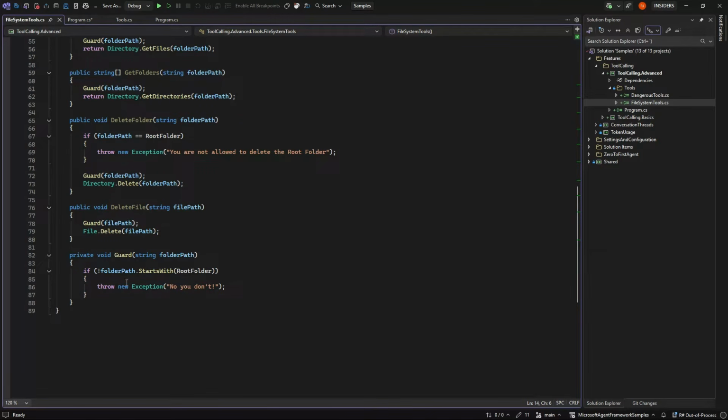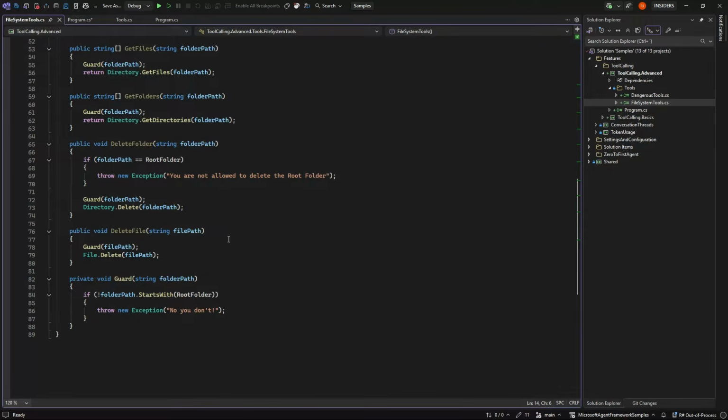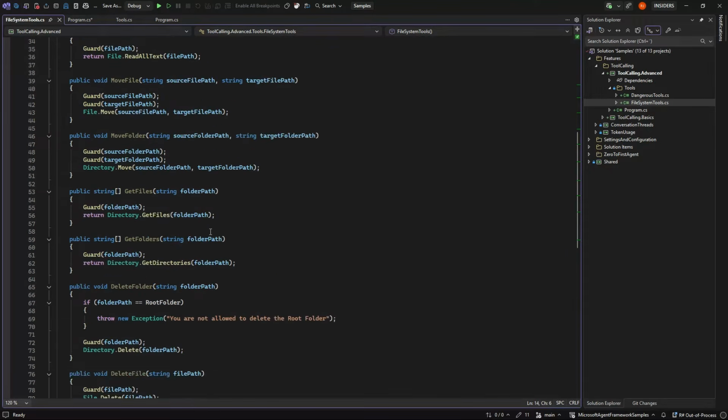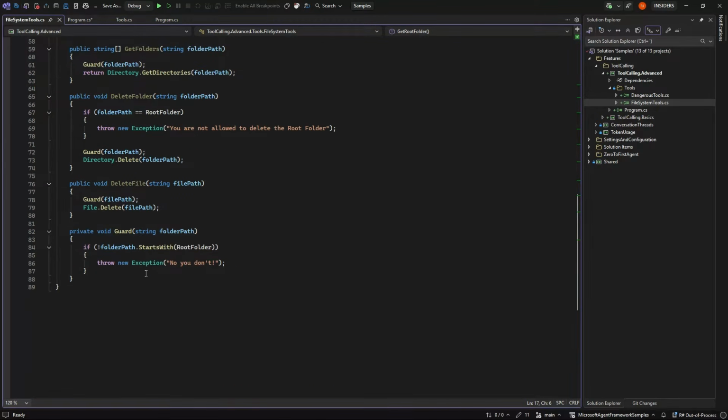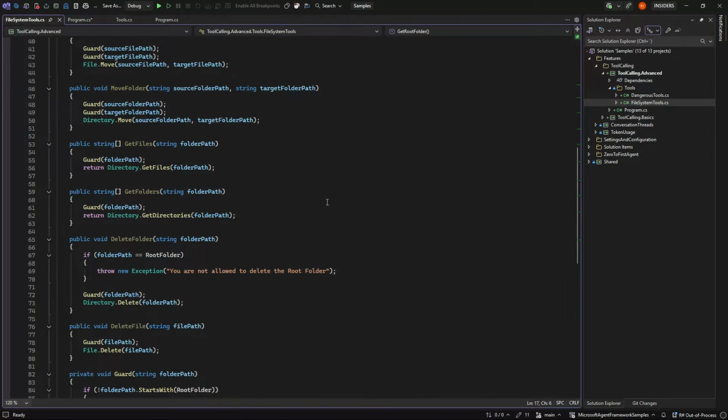I put in some guards so it won't begin to delete my entire disk drive, but I have never seen it do that. But just in case, I put that in as a safeguard, and so should you, of course, because it is AI. But let me quickly show this tool first, and then we will go into the code.